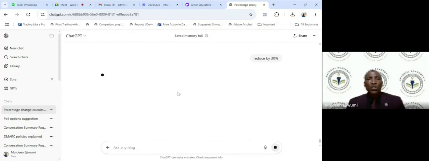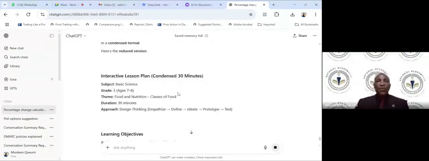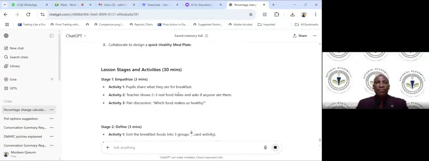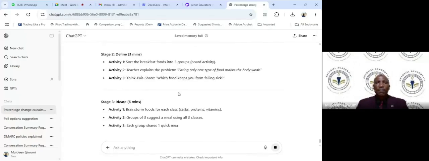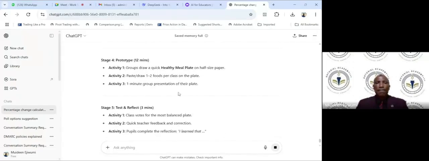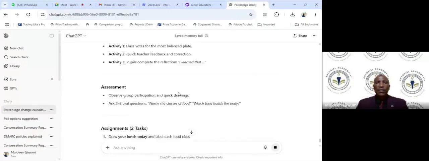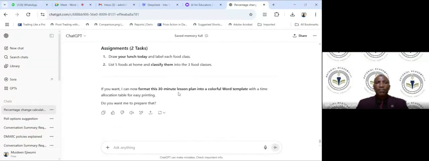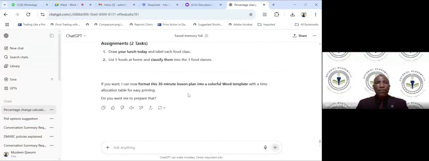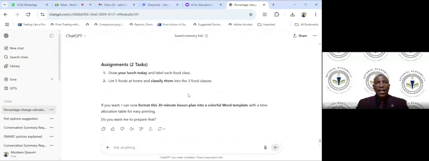It's going to reduce it, and it's still going to include most of the important aspects. You see now, it has been reduced. Fantastic. I think you are getting it now.